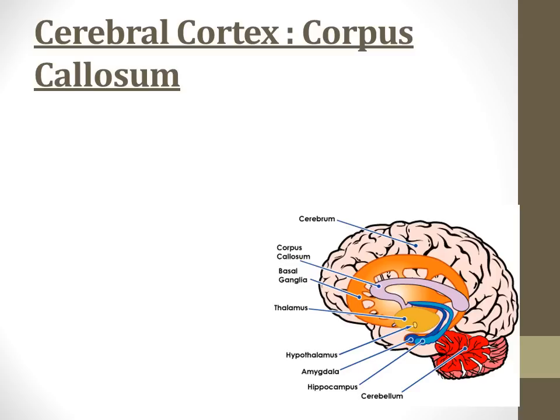The cerebral cortex, specifically, we talked in the last series about the corpus callosum. The corpus callosum helps send information between the two hemispheres back and forth. So this is something that I do want to talk about. It sends messages between the two hemispheres, so you rely on both of them. In order to send messages back and forth, you need this kind of bridge.